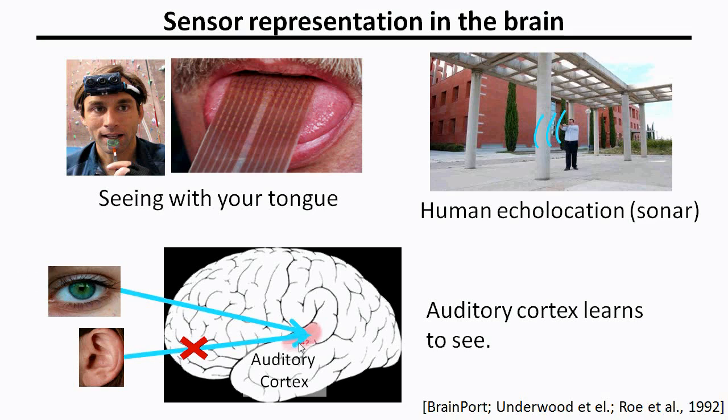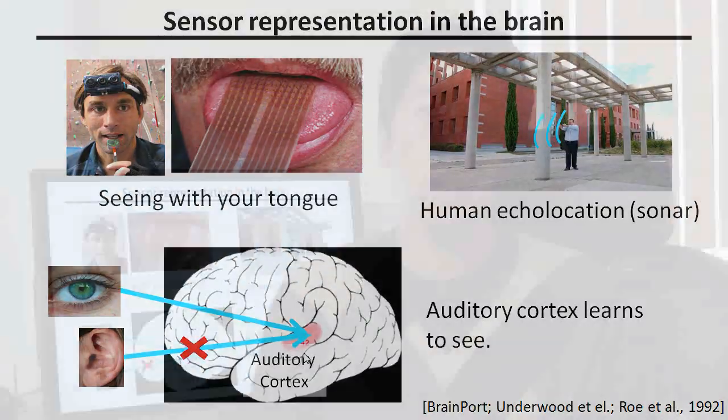the auditory cortex. And when you do this, speaking a little bit loosely, what you find is that the auditory cortex then learns to, quote, see, putting a little bit in quotes. The amazing thing is that what this shows is that a part of your brain that's normally responsible for hearing can instead learn to process visual modality. So there's this hope or hypothesis, with no proof, that if the brain can learn appropriate sensory representations ranging from patterns of electricity on your tongue to sonar, using the same piece of brain tissue to either learn to hear or learn to see in the case of the